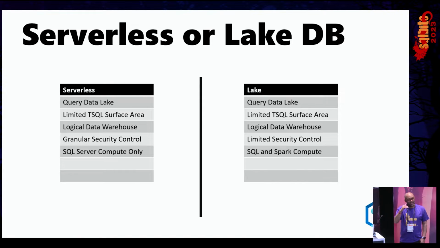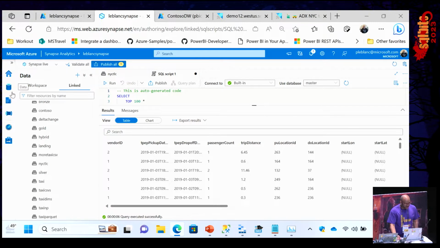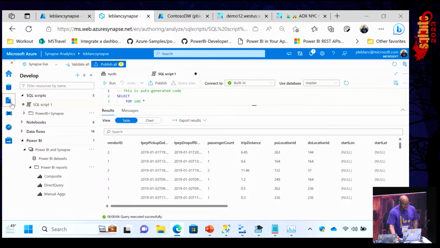So I can grant access to an individual view that I create, or an individual external table. Whereas if I create a lake database, I have to give whoever is consuming this access to every object in that database. So I'm going to show a little Spark, Adam. Let me show you how you would do that.